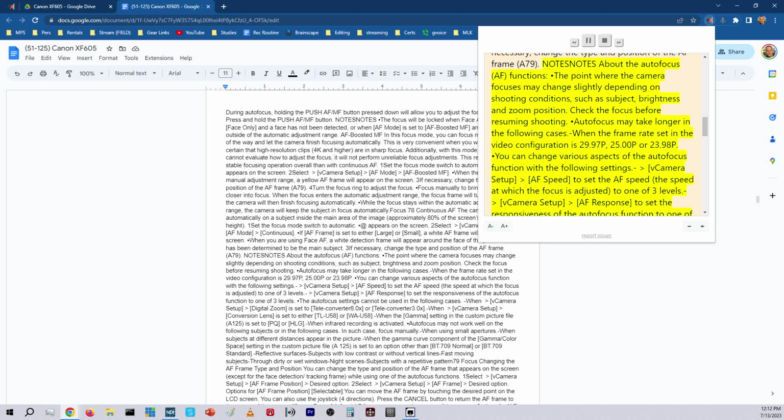Notes about the autofocus, AF, functions. The point where the camera focuses may change slightly depending on shooting conditions, such as subject, brightness and zoom position. Check the focus before resuming shooting. Autofocus may take longer in the following cases: when the frame rate set in the video configuration is 29.97p, 25.00p or 23.98p. You can change various aspects of the autofocus function with the following settings: V camera setup, AF